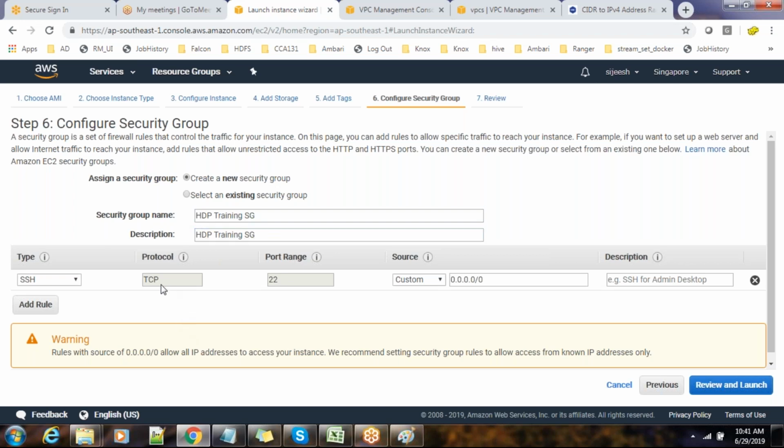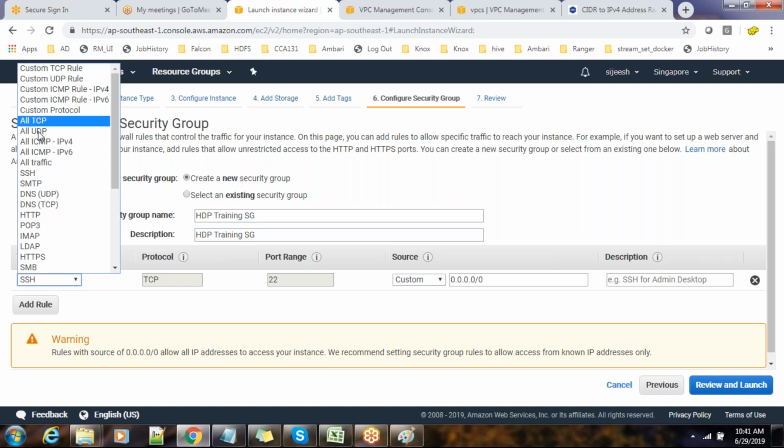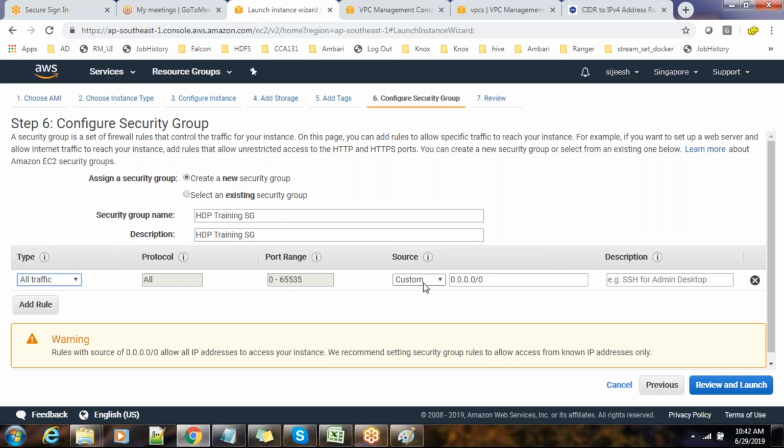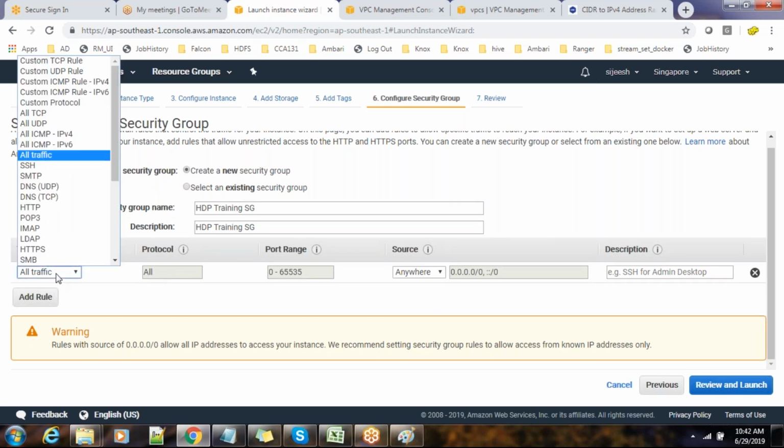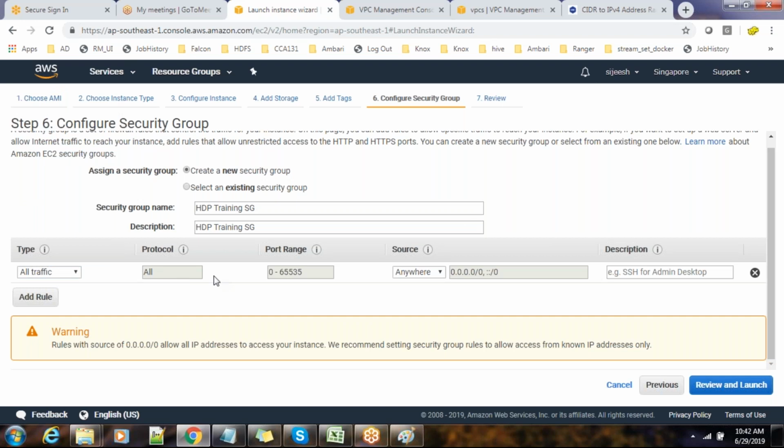And here, what ports do you need to open? What is the type? All traffic, and port range, source is anywhere. I'm just adding the rule. Okay, so this means all traffic. You can have SMTP or whatever it may be, but I'm just using all traffic, anywhere. So the complete access, I'm just